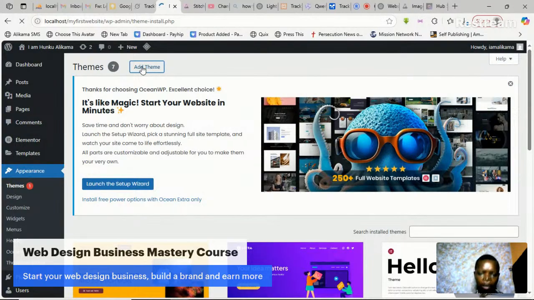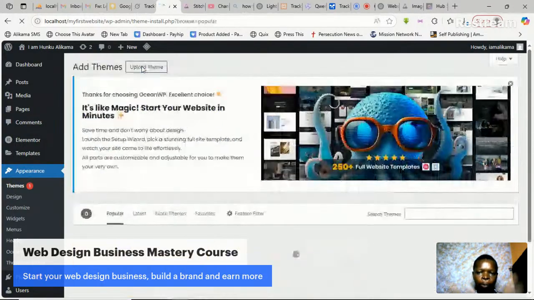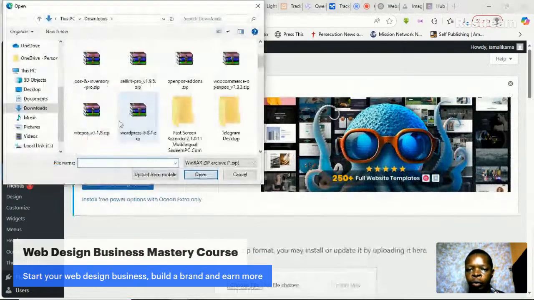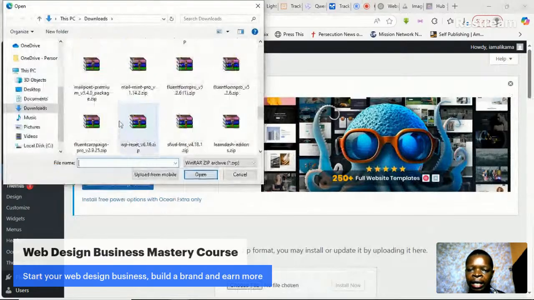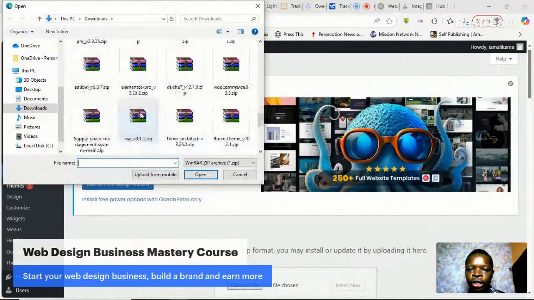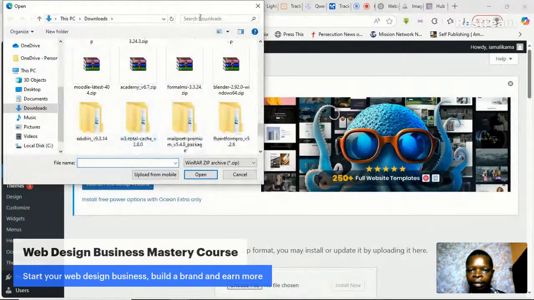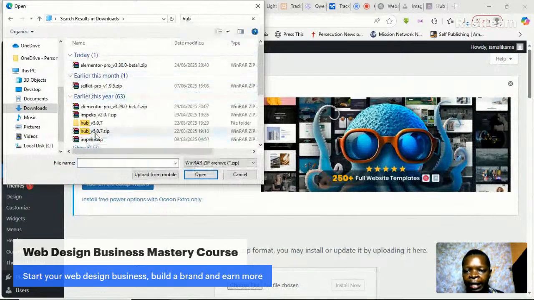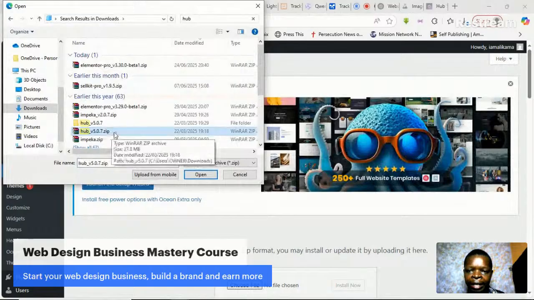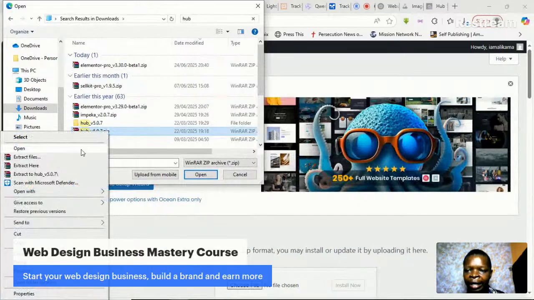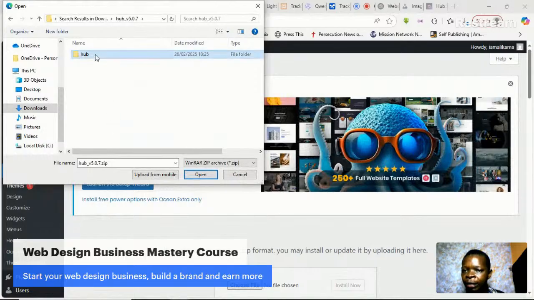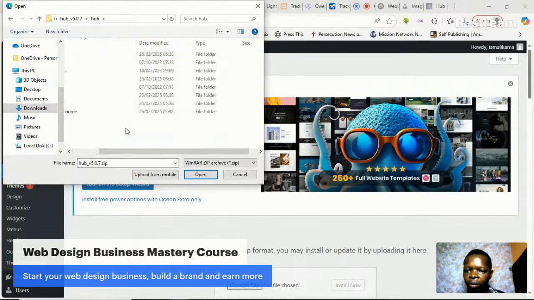Then this time around, I'm uploading it now. So I click on upload theme file, and then you go and locate where your stuff is. Now the Hub theme, let me search for it here. This Hub theme always comes like a zip file. Please extract it. So you right click, then you click extract file. So you have a folder like this. It's from this folder that you will pick your